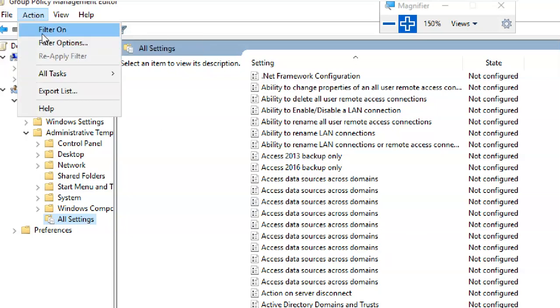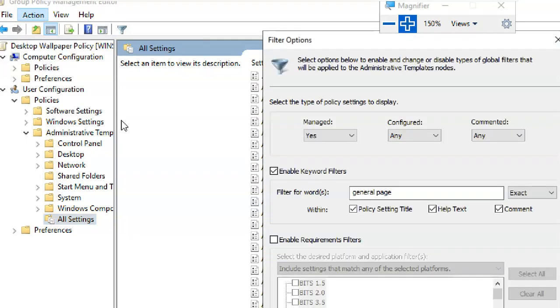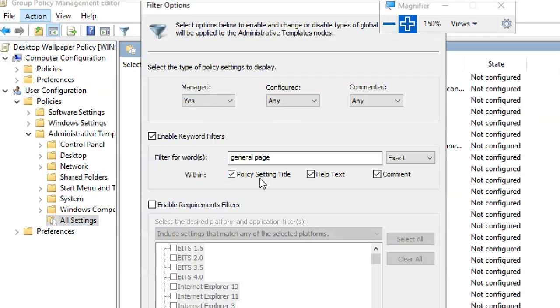Then go to the filter options, go to Action, Filter Options. Here we already searched yesterday, so the general page is there. So what I'm going to do is select Enable Keyword Filtering, remove the existing one, and type desktop wallpaper.